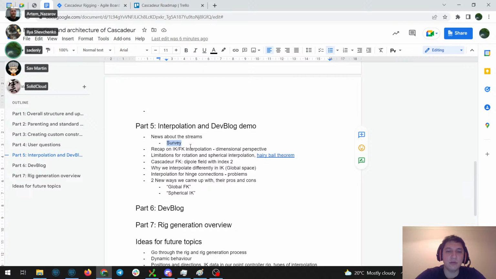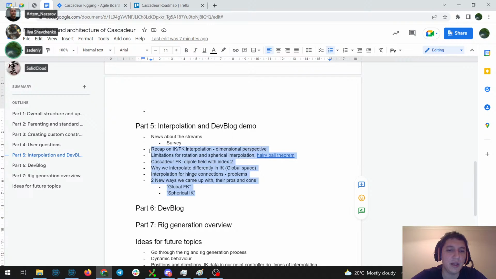Getting back to today's stream, let's look through the plan that I have. This plan will actually include something I would call a devblog demo, because I'll tell you about tasks we're working on right now that are connected to interpolation. So let's begin. First we'll start with a recap of IK/FK interpolation.